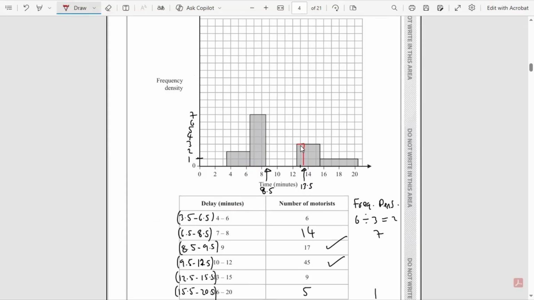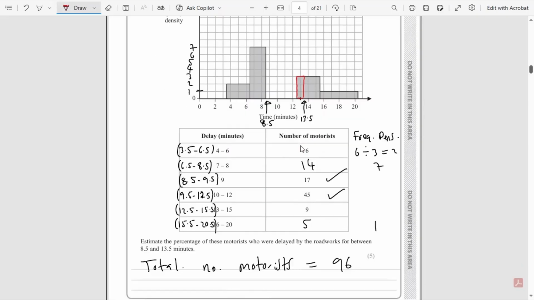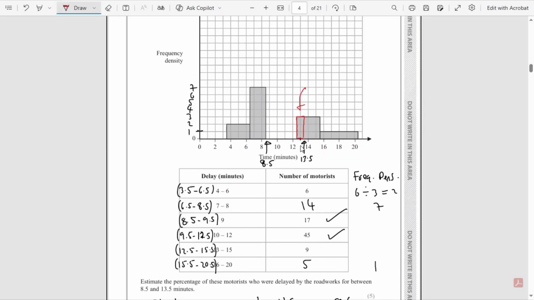So assuming that the number of people in that class is evenly distributed, and if we look at the area of this block there, the red block, this is a base of 1 and a height of 3. So there is an estimated 3 people there. So estimated 1 times 3 people